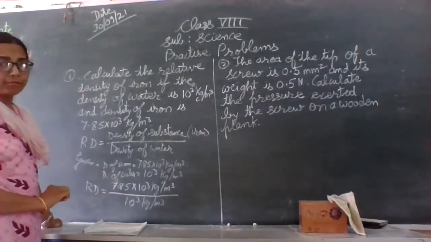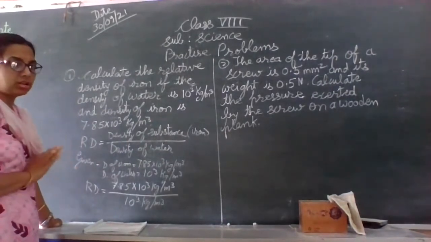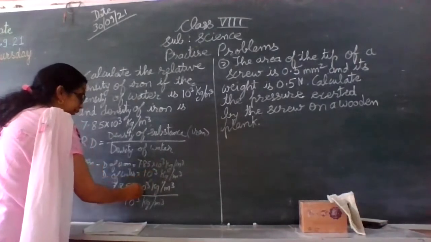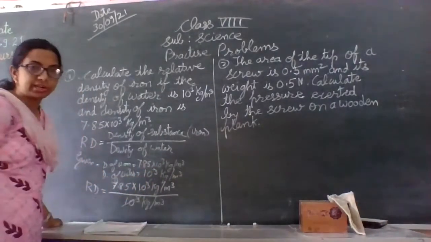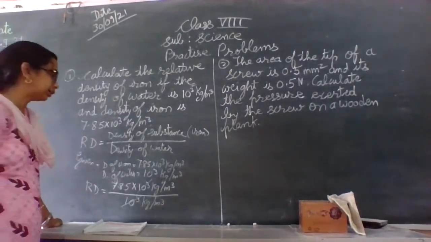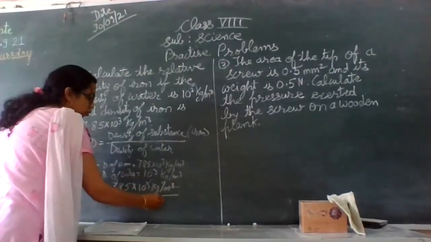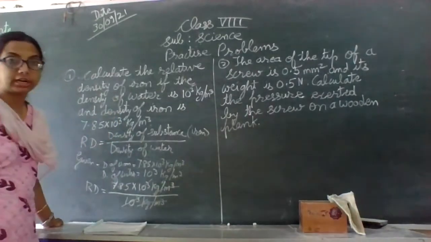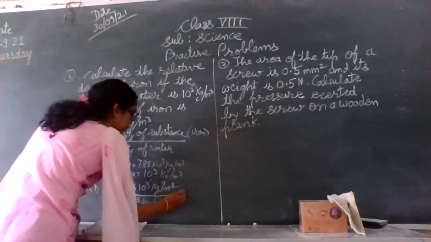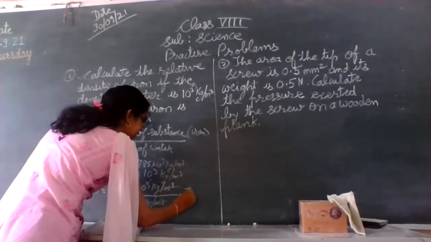Now you have to divide the numerator with the denominator, and we all know that 10 raised to 3 is common in numerator and denominator, so they will get cut. These units are common, so they are going to get cut. And finally, the answer we are going to get is